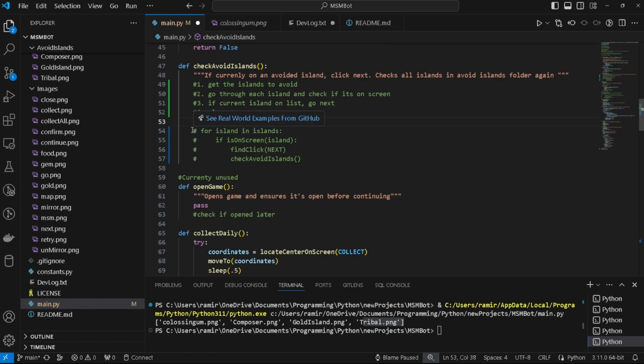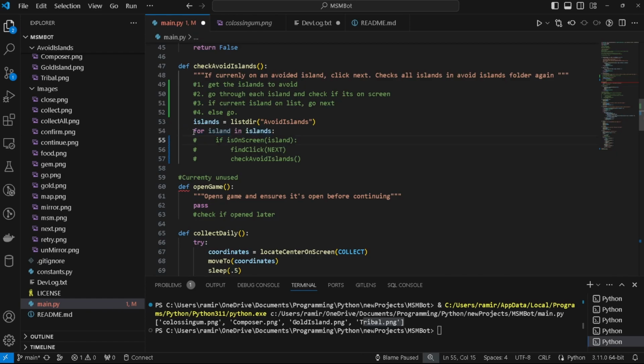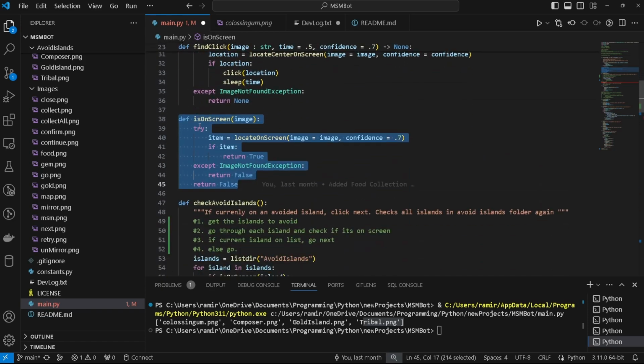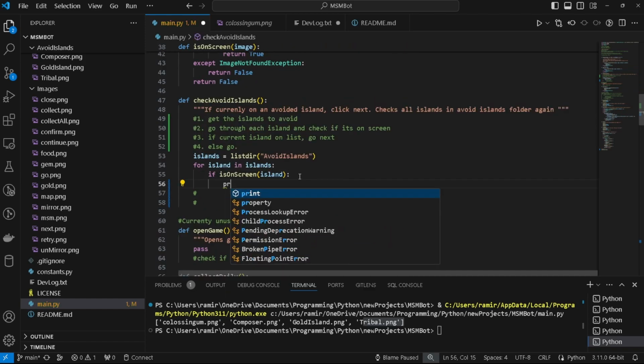Now we keep this. So now for island in islands. Is on screen. This is another thing that I was trying to make beside find click. Basically it just checks to see if it's on screen. And if it is, return true. I'm gonna say if it is on screen, print